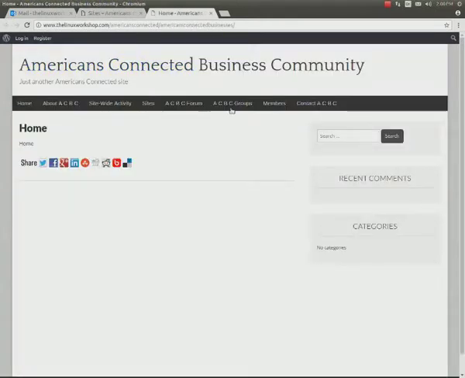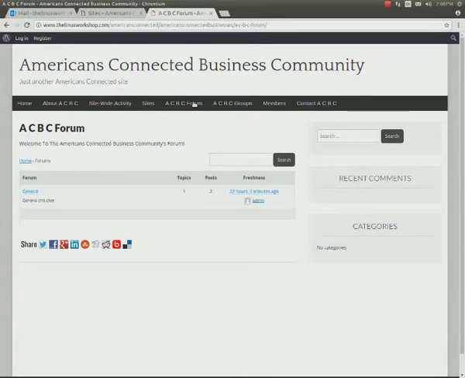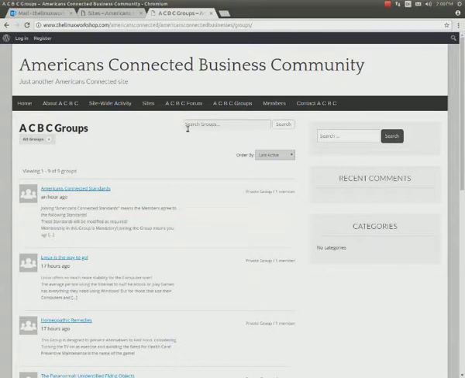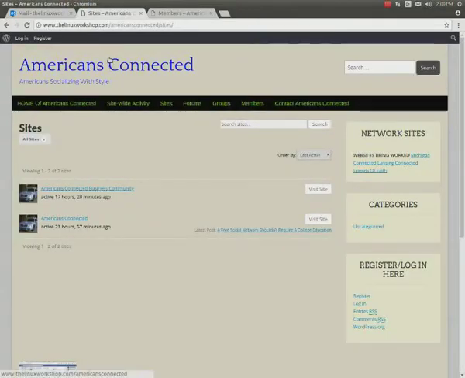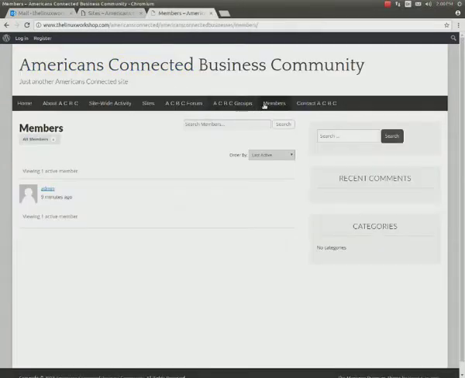All right. I'm working this site right now, and as you can see, it's pretty much the same setup. We've got a forum in it. We've got groups, but I'm going to have to take the groups out of here. Members. Now, the reason it's got the members from the other group, from Americans Connected, is it's a WordPress multi-site, and so I'm probably going to have to take members out too. But basically,